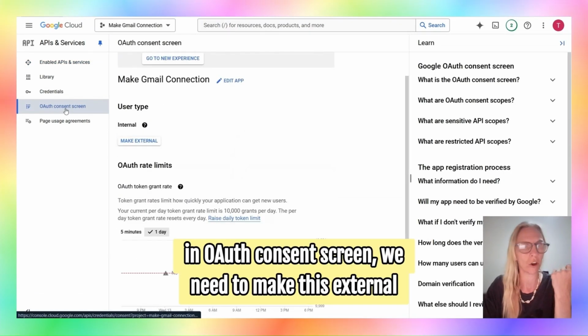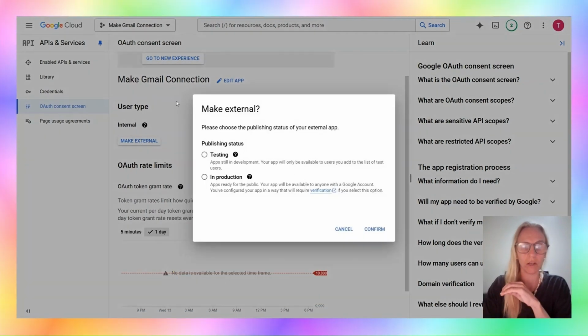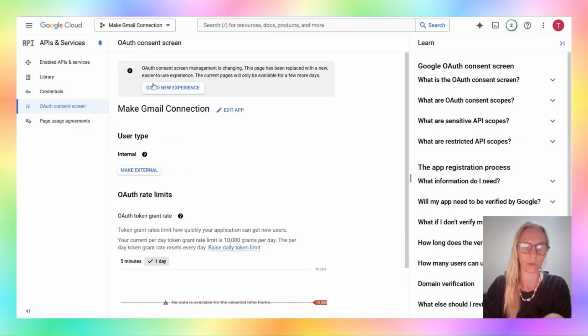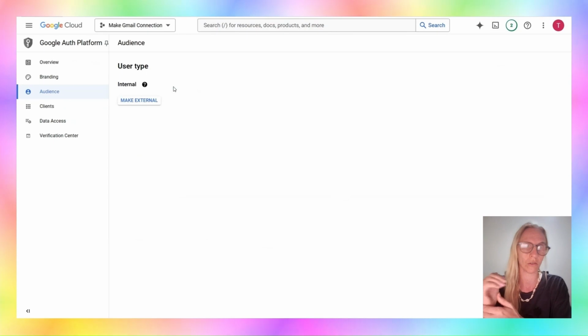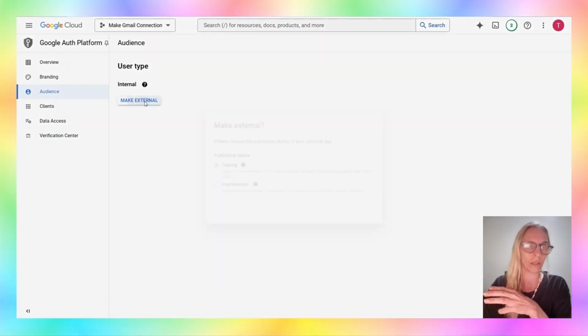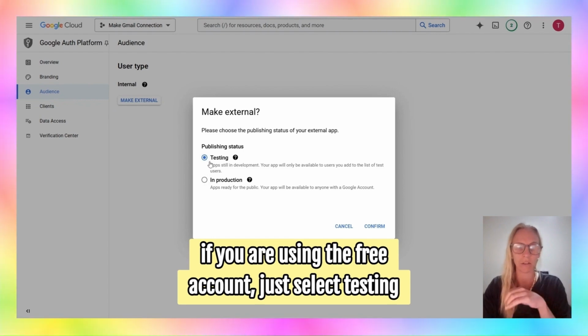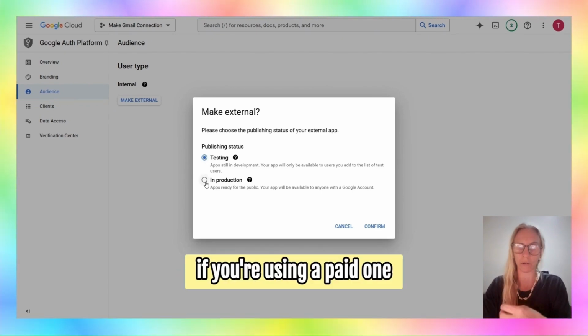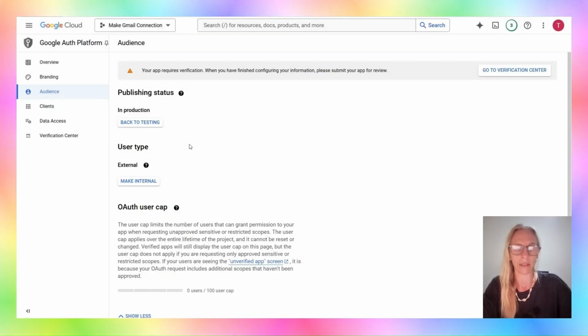Okay, so here in OAuth consent screen, we need to make this external. It should not be internal, and instead of just doing it like this, I want to select go to new experience, because this is obviously the more updated Google Cloud formatting. So we're going to make that external, and if you are using a free account, just select testing, and if you're using a paid one, well, this is what I do, I select in production,